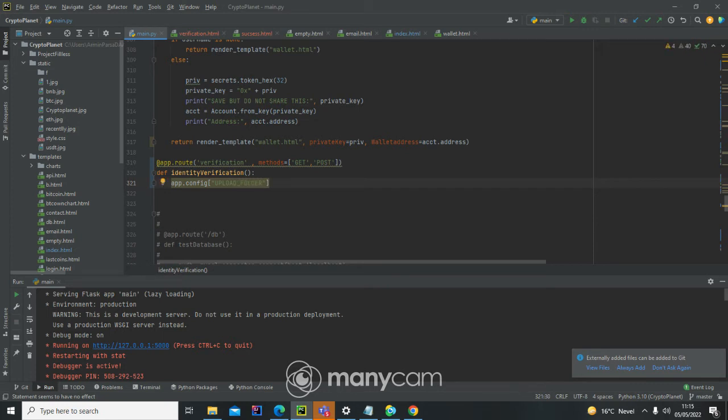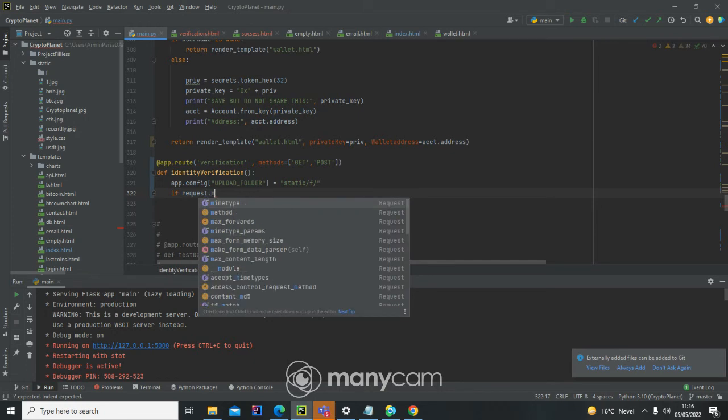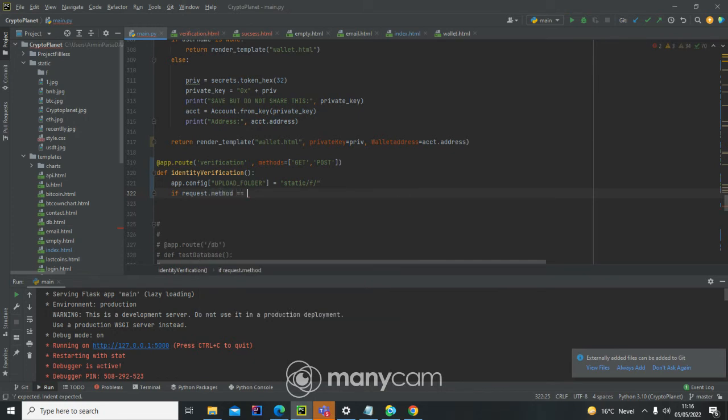Okay, here is equal to, and I have there a static, and I have made a new folder there like F, but I need to make it easy like that. So okay, this is our path, and if request.method is equal to POST,